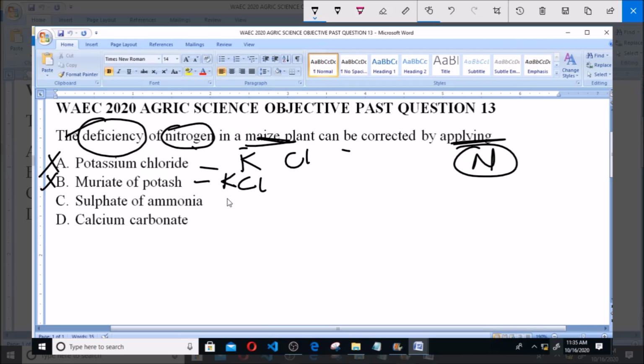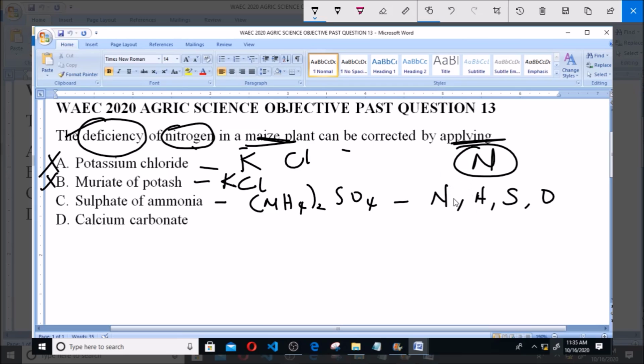Now sulfate of ammonia has the chemical formula (NH4)2SO4. So this is sulfate of ammonia. As you can see here, it contains the elements nitrogen, hydrogen, sulfur and oxygen, but basically it